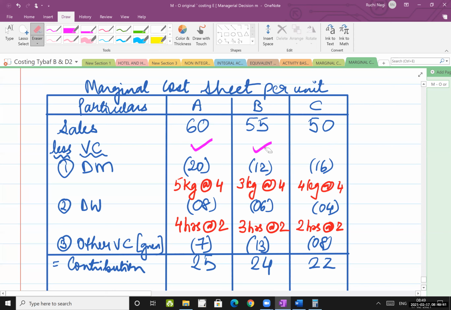So 4 twos are 8, 3 twos are 6, and 2 twos are 4. Then variable cost is given to you. Other variable cost I'm talking about 7, 13, and 8. So my contribution is